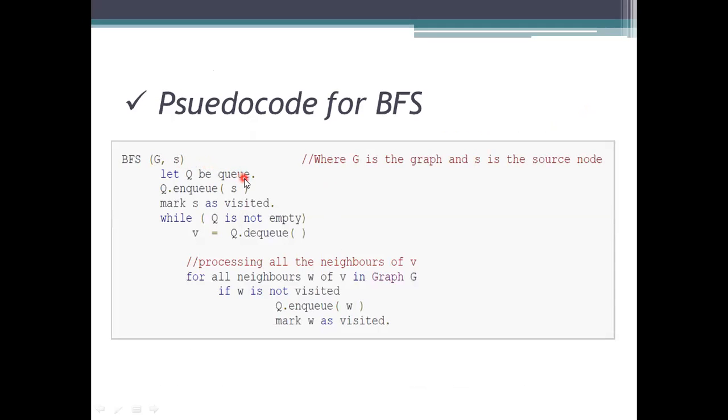So let Q represent the queue, that capital Q will be a queue. Whenever we are having a node, we need to enqueue it there. So here the source node will be enqueued into the processing. Whenever we are visiting another node, the source node will be temporarily substituted by that node value, and we are enqueuing all the values here. And we have to mark this S as a visited one.